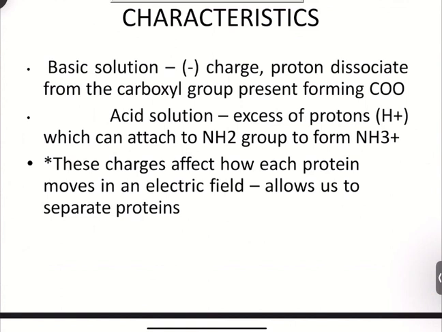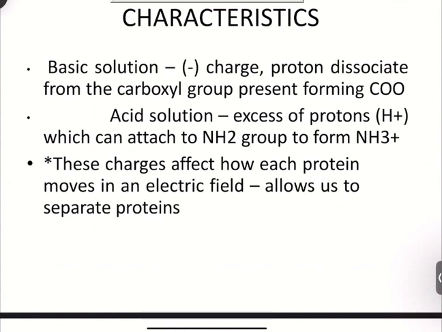Okay. Then they can also be acid solution, with excess protons, which can attach to your NH2 group or your nitrite group to form your nitrate. Okay? This